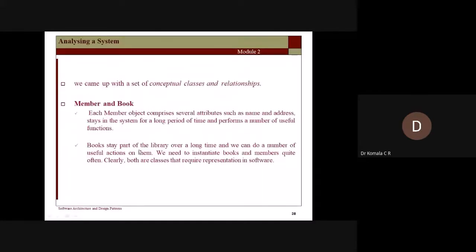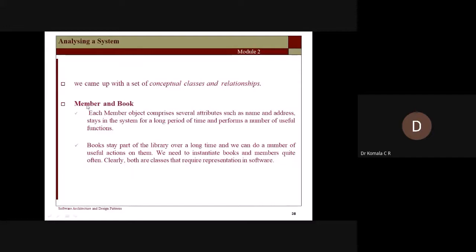Find the major subsystem. Second step, we have created the classes and their relationships. Third step, we are for this example in the library. What is the next step to be done? Let us discuss. Before going to the next step, we have come up with a set of conceptual classes and their relationships. So in the next step, now decide what are the different classes you have come across.